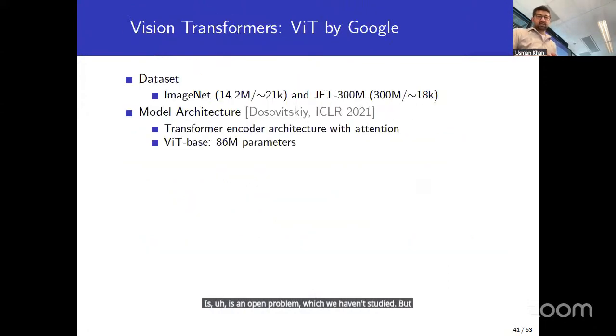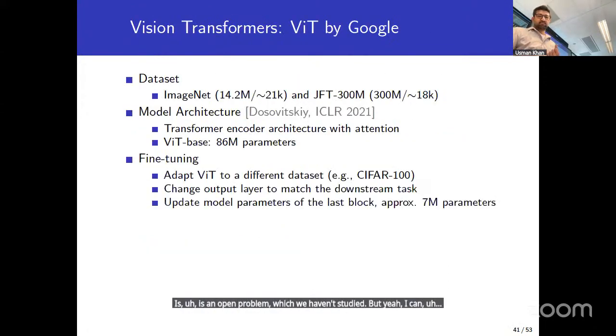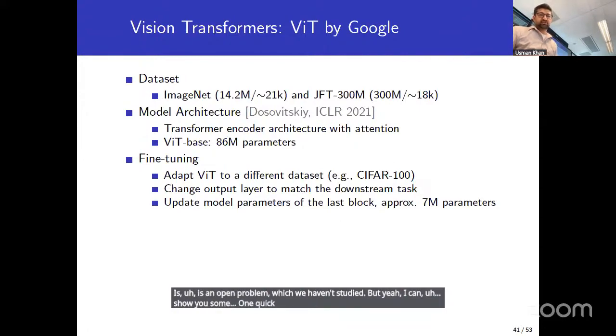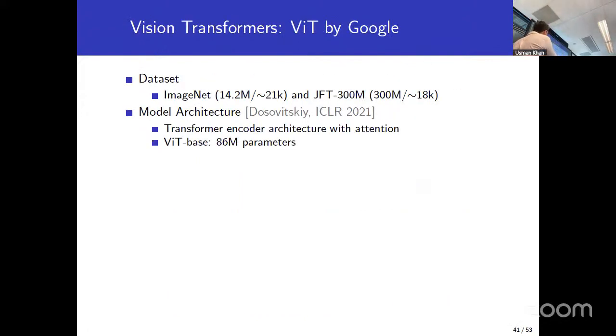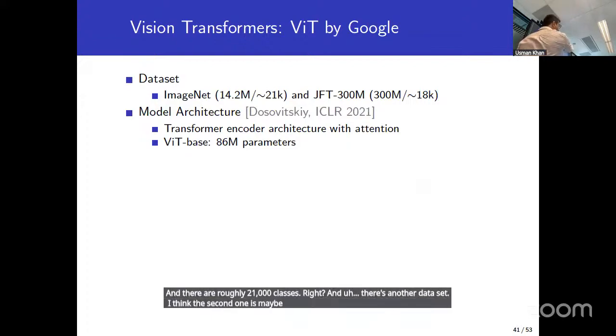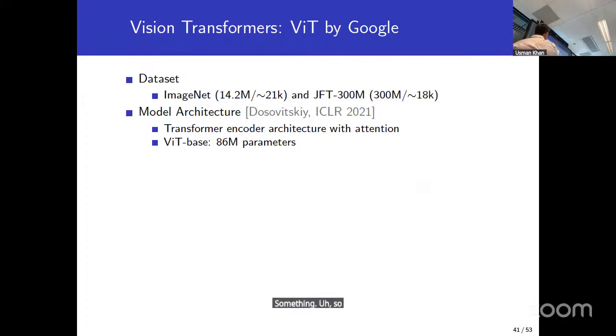But yeah, I can show you one quick set of results. What we are doing is fine tuning the vision transformer model by Google. The vision transformer is trained over 14.2 million images, and there are roughly 21,000 classes. There is another data set, I think the second one is maybe proprietary Google something, trained over a very large data set, I think 300 plus 14, so maybe 314 million or something. The model architecture is given by this,